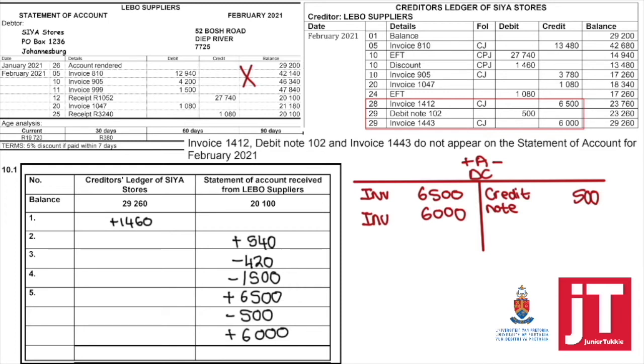After we've taken all the transactions to the necessary places, creditors ledger and statement of received from label suppliers, we can total. And if we've done this 100% correctly, the statement received from label suppliers should equal the creditors ledger of CR stores at